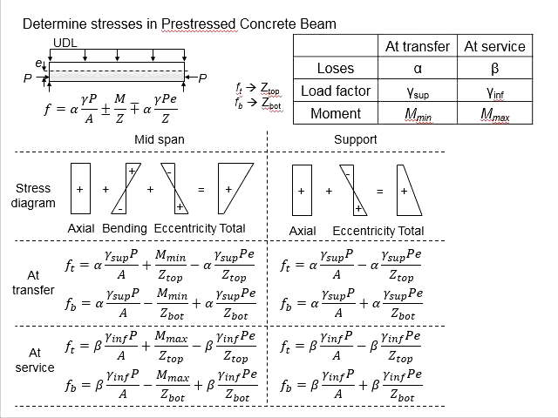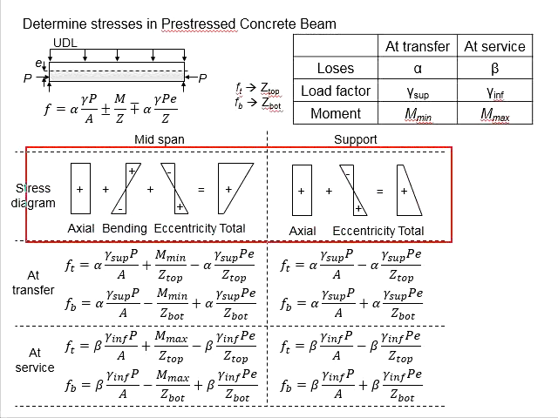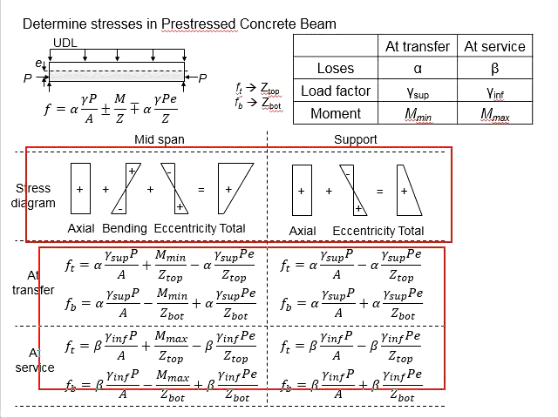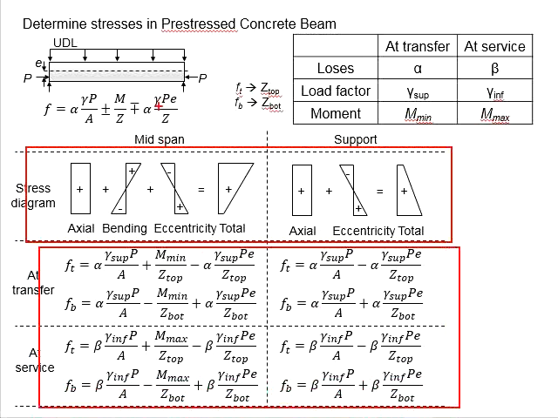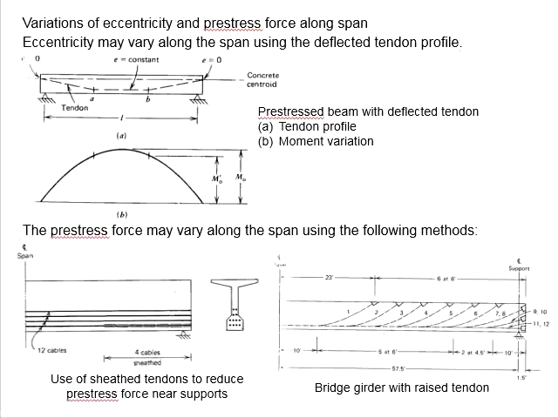In the previous videos, we have mentioned how we construct the stress diagram in order to derive the equations to predict the stress in the prestressed concrete beam. It was also mentioned that we can adjust the P and also the e, which is represented by the tendon profile, as well as the prestressing force, in order to generate resistance moment, counteracting the external load acting on